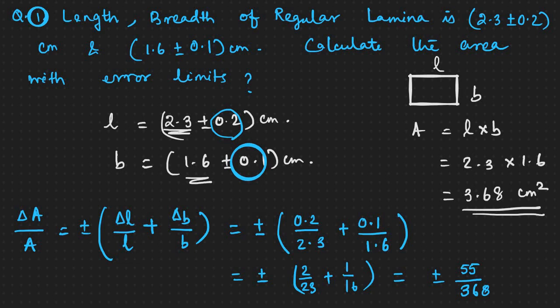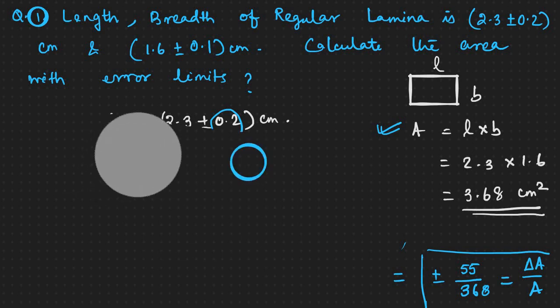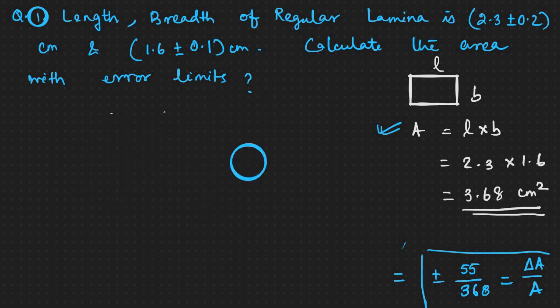Now, if the question asks how to find out the percentage of error, look at what we have done. We have found out what A is. Now, if we put the value of A here, this equals del A by A, right? This value. Now, I am erasing this part so that it will be simpler and you can relate to it.